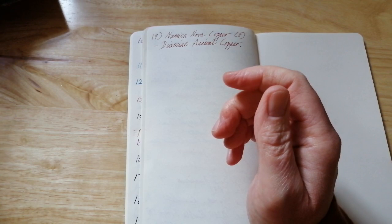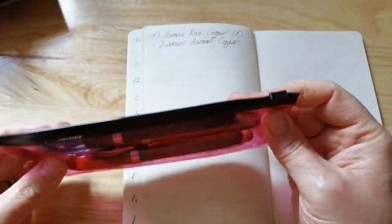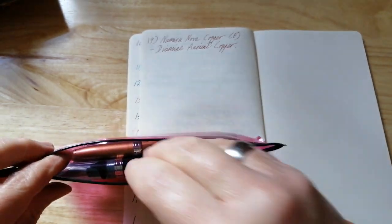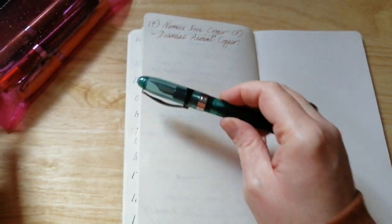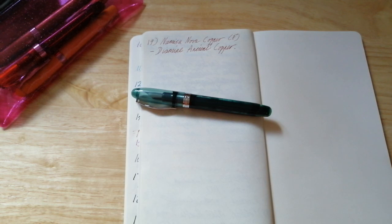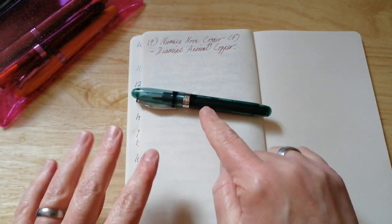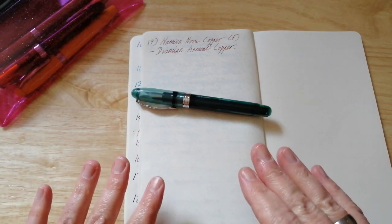So, next few pens. Let me just reposition myself because I want to show you my sparkly pink pencil case, which I commandeered from my wife because of these pens. Now, these are all Noodler's Ahabs, and I've eyedropped these because I got sick of the captured piston filling system. It's just a pain to clean. I had all sorts of issues, and I was using interesting inks, and these have all got interesting inks in, apart from this one, which is just a basic ink, because I wanted an everyday writer of the Noodler's